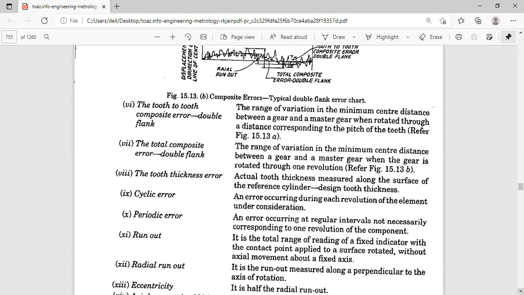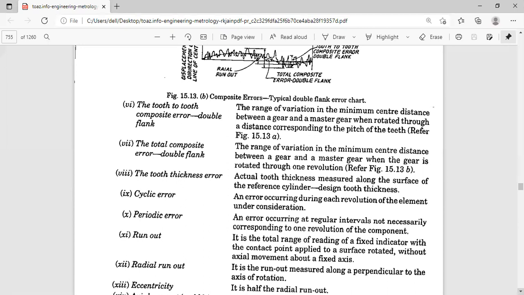And the runout we have already discussed. As for the explanation, a special dial indicator is used, whose tip is equal to the module of the gear, and you take the total range of the reading on this dial indicator, with the contact point applied to a rotated surface.